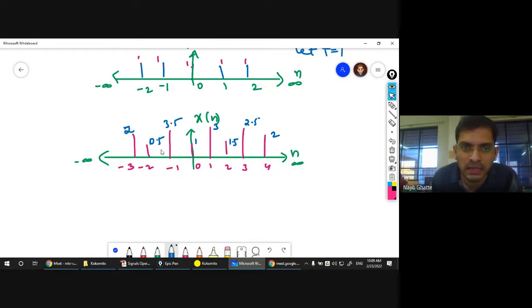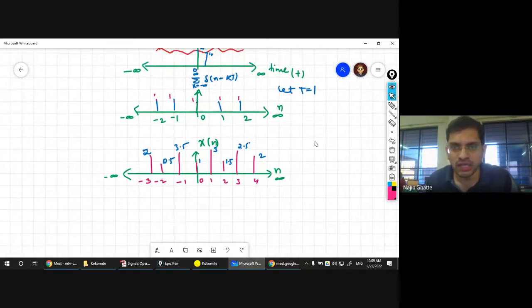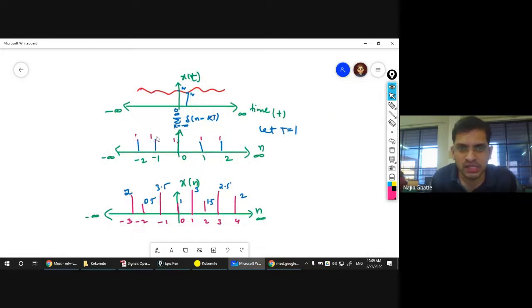Because this is nothing but multiplication by 1. I am multiplying 1 at every instant with the continuous time signal. Fine, okay. Now, this signal is available in front of me. So now just have a look at all the three things which are drawn, sir. You can see here, this is a continuous time signal. This is a sampler. Why do I call it a sampler, sir? The reason is because this gives me at what time I have to take the sample. At 1, at 2, at 3, at 0, at -1. So only at those instances I'm taking a sample, and the sample value equal to 1 is multiplied with that instance of the continuous time signal, and that gives me a discrete time signal.